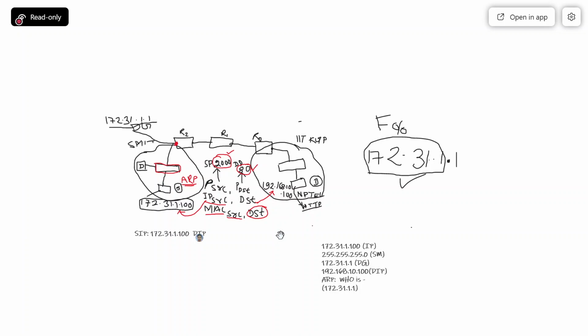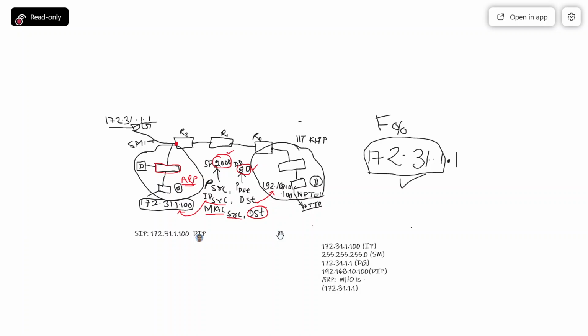So I will transfer my packet to the next hop and let the next hop decide whether the destination is reachable or not. That is the concept known as hop to hop communication.